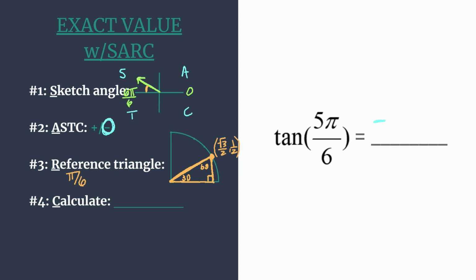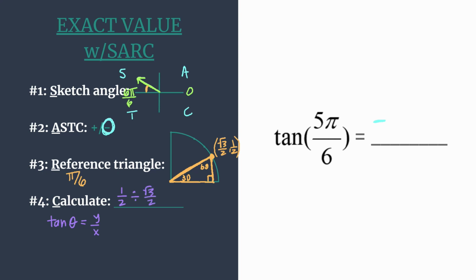And now these coordinates are going to help us calculate the value that we need. Again, we already know our final answer is negative. So we know that the tangent of an angle on the unit circle is going to be the y-coordinate divided by the x-coordinate. So we just have to make a quick calculation here. We have 1/2 divided by square root of 3 over 2. Okay, so you can write it out like this if you want,